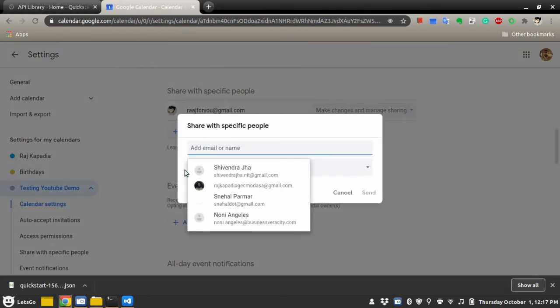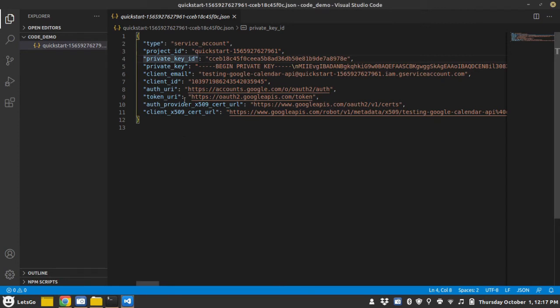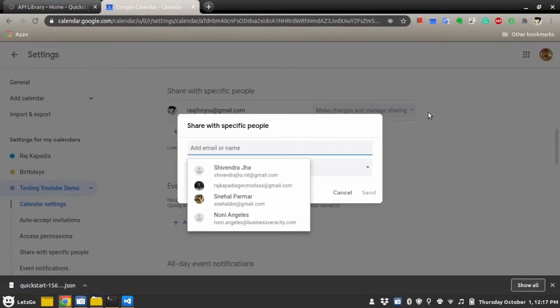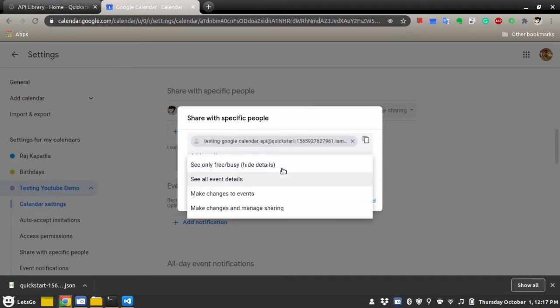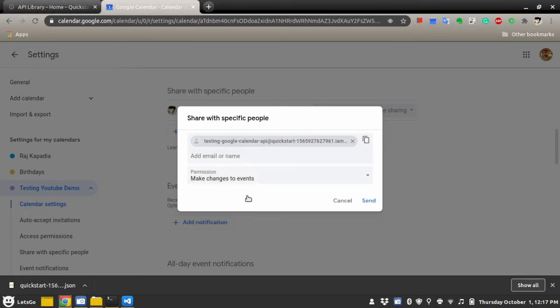Click on add people. Now copy the client email from the downloaded JSON file of the service key. Paste that email here and select make changes to events. Hit send.